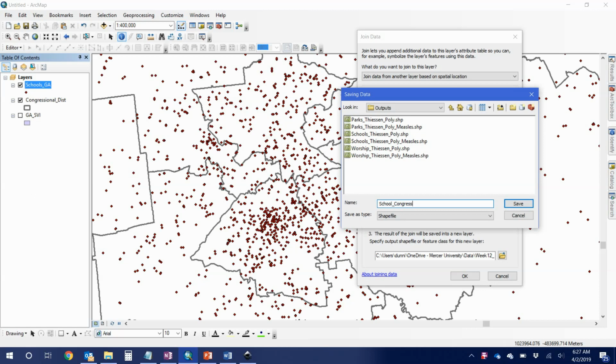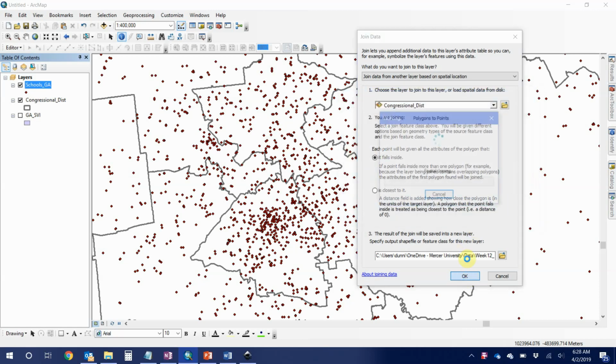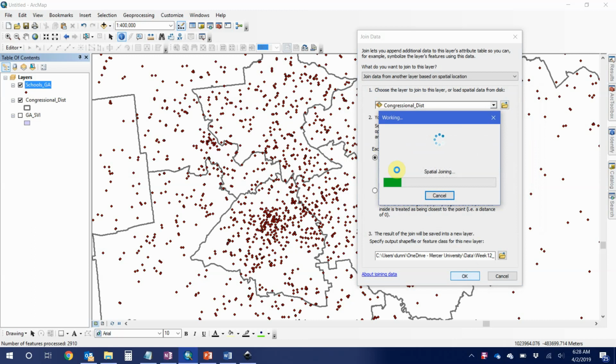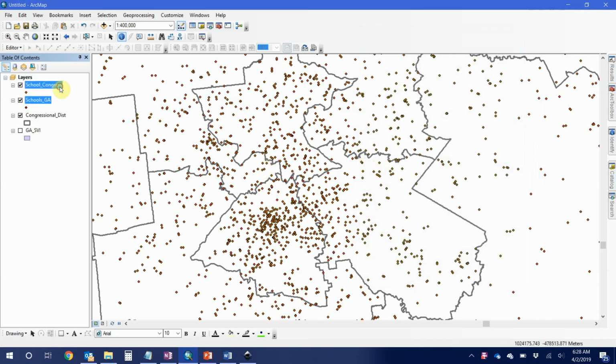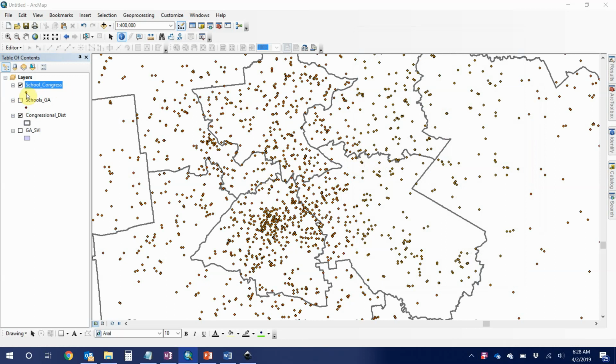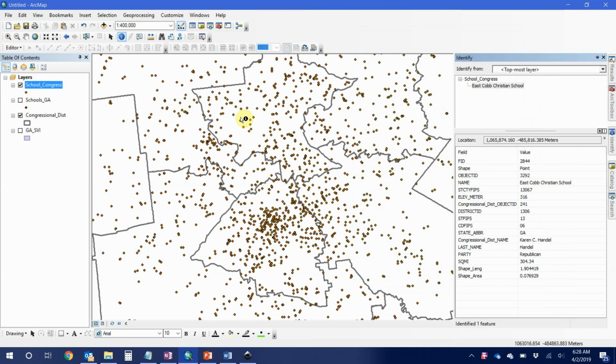So we'll click Save, and then that's it. So we click OK, and then it'll run that spatial join, and then it gives us a new output feature class, right? A new school feature class that if we click on the school point, now not only do we have the school information, but we also have the congressional district information. So if we wanted, we could come in